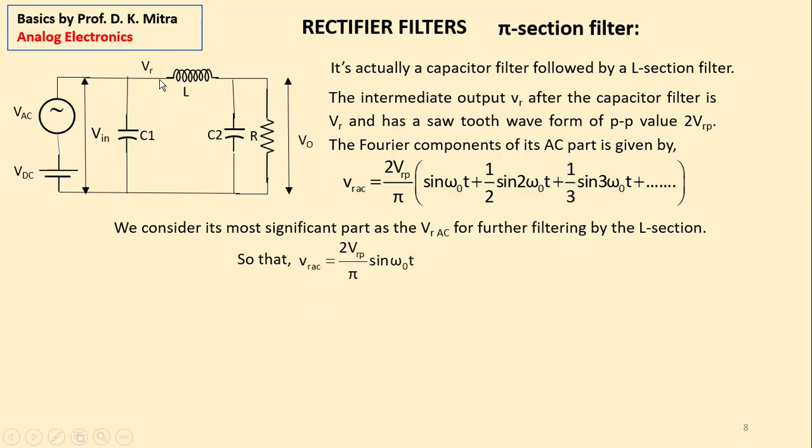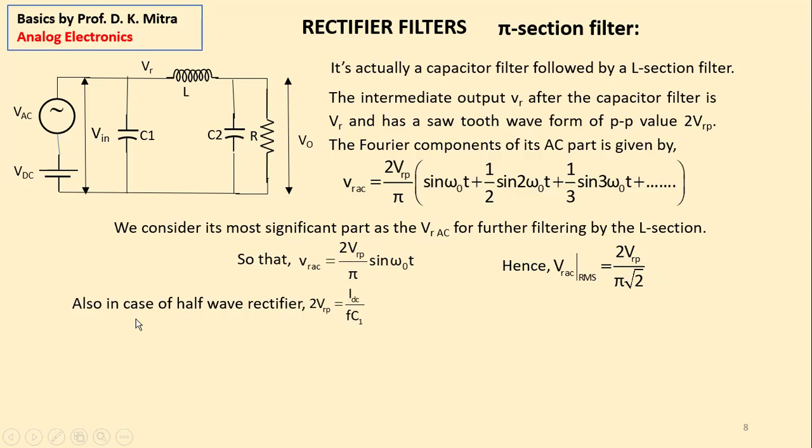So what is the AC here? It is 2 VRP by pi sine omega 0 t. That is the input to the L section. Now for the L section, we have already deduced the formula. If this is the input to the L section, its RMS is 2 VRP by pi root 2. Fine. And in case of half-wave rectifier, we have seen earlier when we discussed the capacitor filter, that 2 VRP,